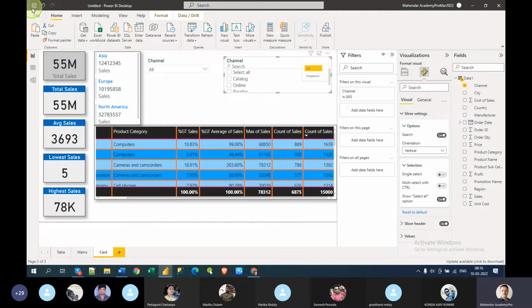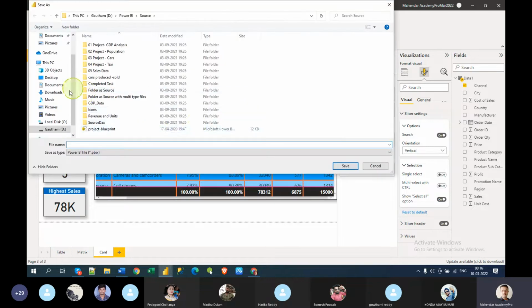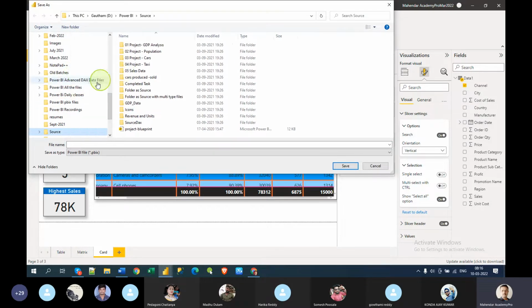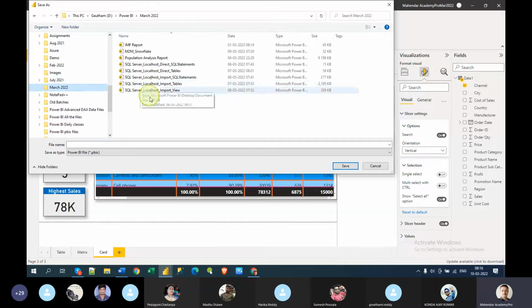So what I'm going to do is save this and then we will publish. Let me go to Power BI and let me go to March 2022, and here I will save it as visualization with table underscore cards.